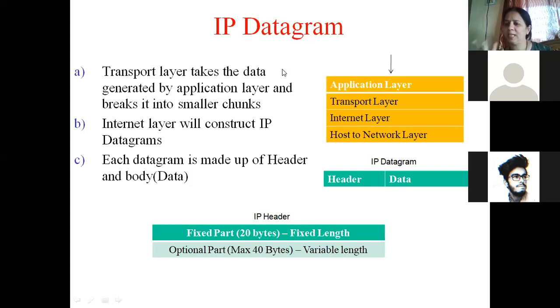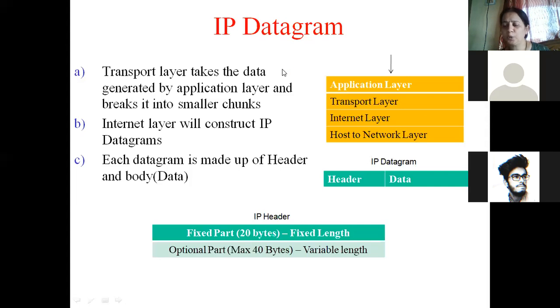So the application layer will generate the data. That data can be very large in size, so when it is passed to the transport layer, it will break it down into smaller chunks depending on the receiver's capacity. Whatever is the maximum transmission unit that the receiver can take, based on that it is broken up. After the transport layer breaks down the data, we call that breaking down fragmentation. After it fragments, the data is then sent to the next layer, that is the internet layer. The internet layer is where the internet protocol, IP, works.